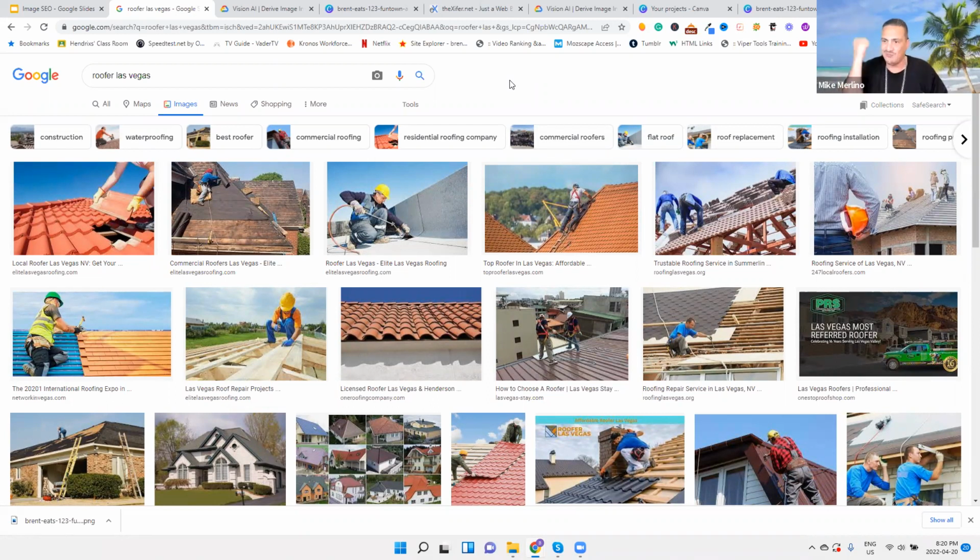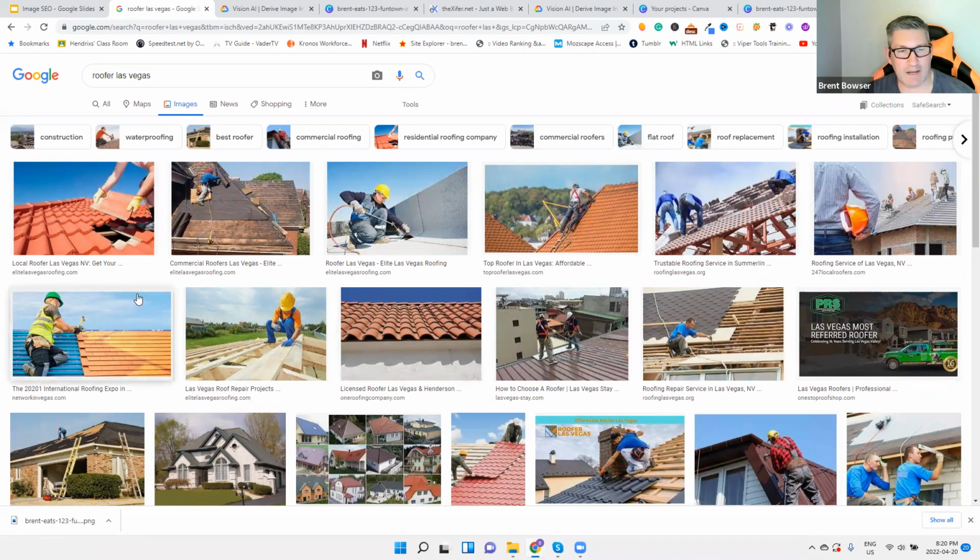And that's when you go, and then the NAP. So every time someone comes to an image looking for something for roofing, all these pictures potentially are yours, in your geo with your NAP on it. So every time someone opens images,